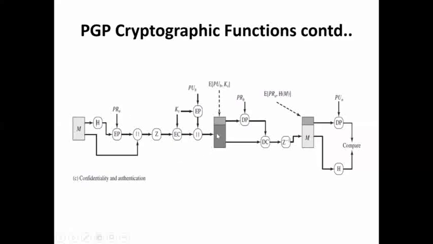So what is the data content? Encrypted compressed data, and the session key is encrypted by using the public key of the user B. Now this data is sent to the receiver side. What will the receiver do? First he is going to decrypt the session key by applying the private key of the user B. Now the session key is decrypted, I got the session key.